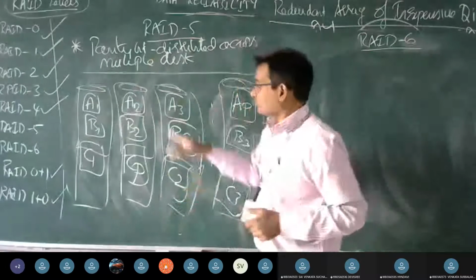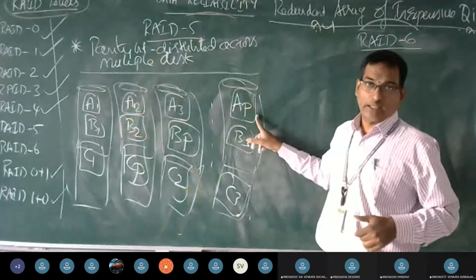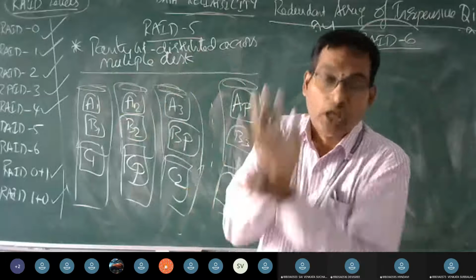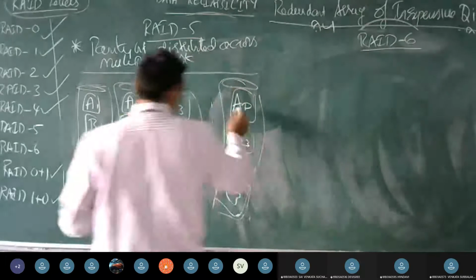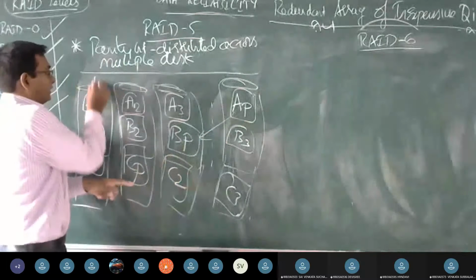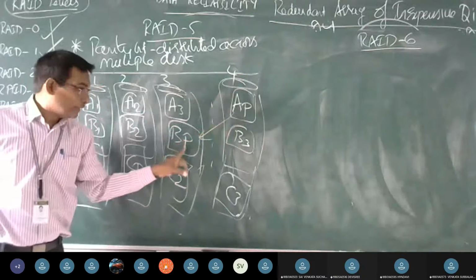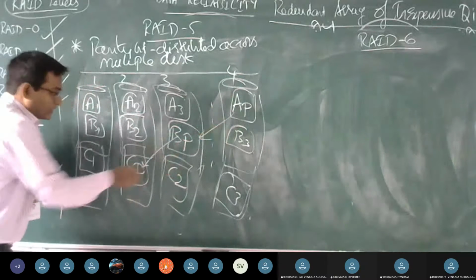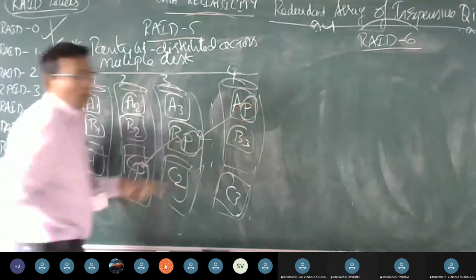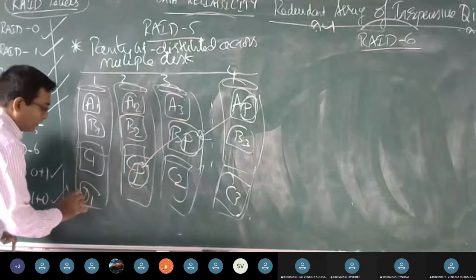Okay. So in the first case, A1, A2, A3, the parity bit was static. Now the parity bit is going to be distributed towards multiple disks. How is it going to be distributed? In case 2, you can see that parity was moved towards disk 3. Parity was always at 4. Now it is moved to disk 3. Now you can see that the parity bit is moved to disk 2. And assume there is some D1 here.